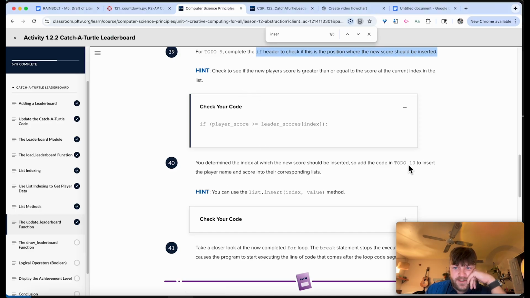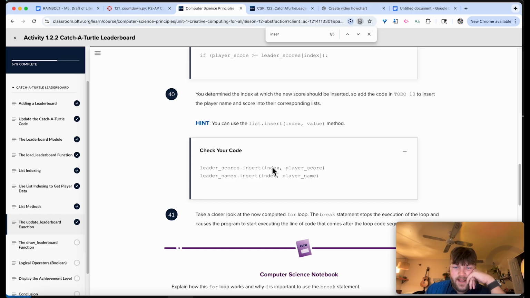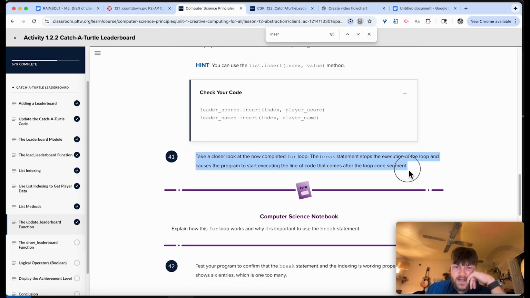So then we've got that one for to do 9. Then they got to do 10 here. Perfect. We ended up doing exactly that too. 41. Take a closer look at the now completed for loop. The break statement stops the execution of the loop. Yep, the for loop. And causes the program to start executing the line of code that comes after the loop